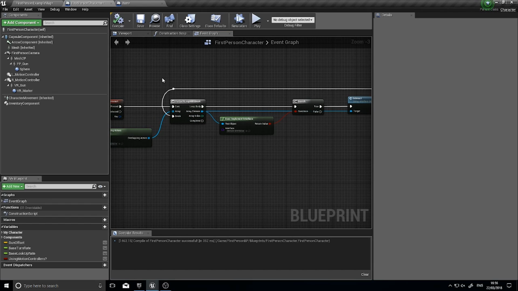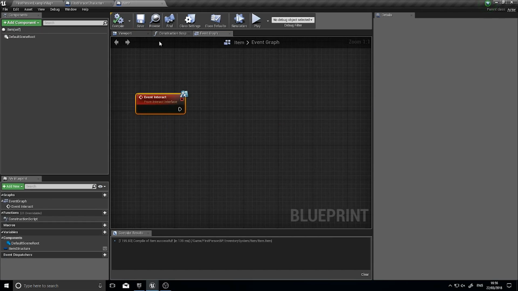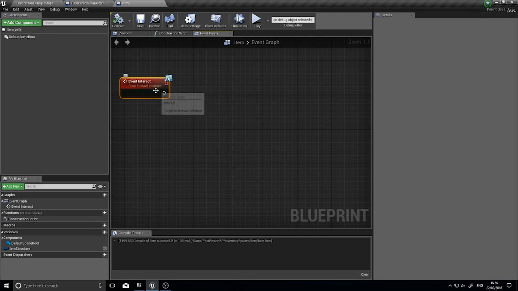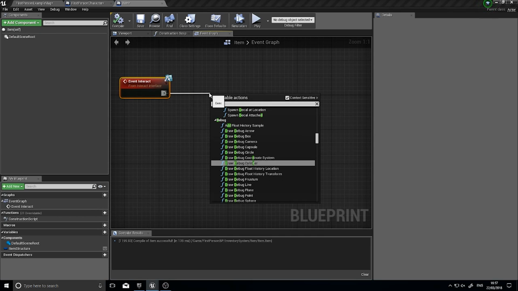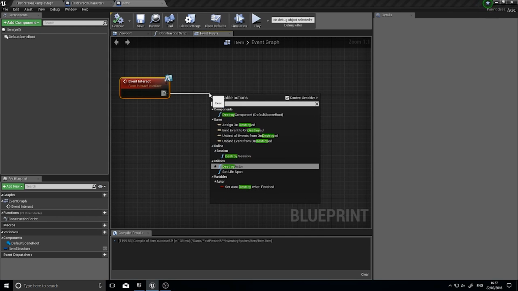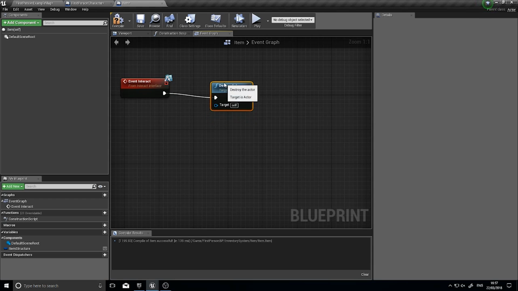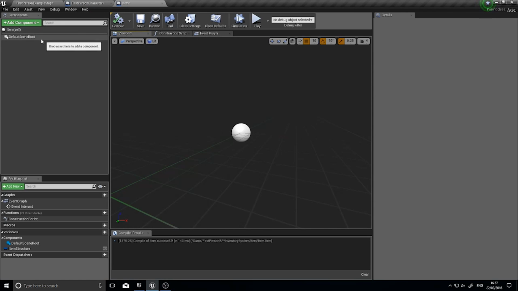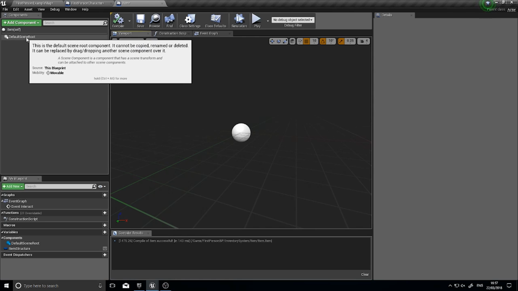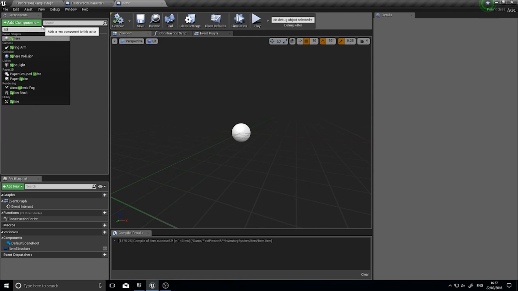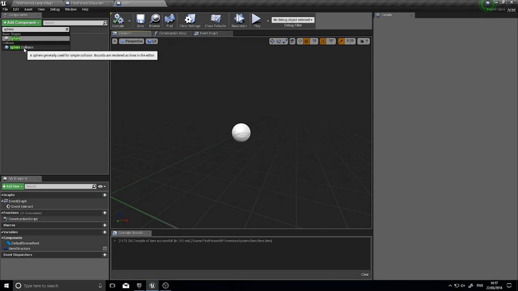Click compile, and we go back to our item, and when we interact with it, we're going to simply just destroy it for now, just to see if it's working. Destroy actor, and compile. So the next thing we need to do is set up our item here to have a collision, because it has no collision on it, it's just a default scene root. So we're going to go in here, give it a sphere collision,